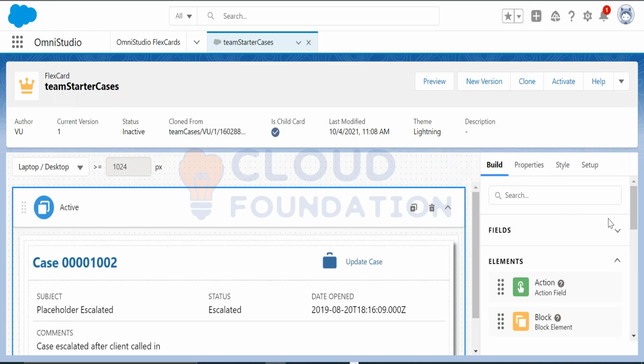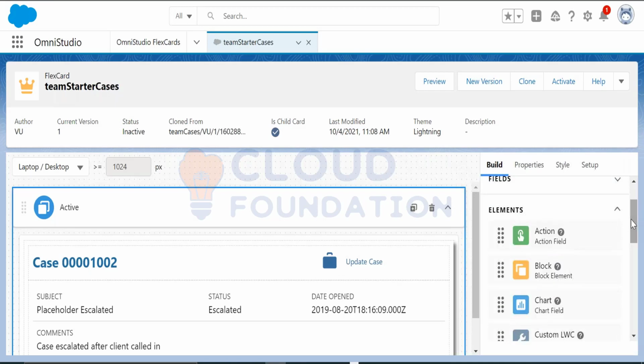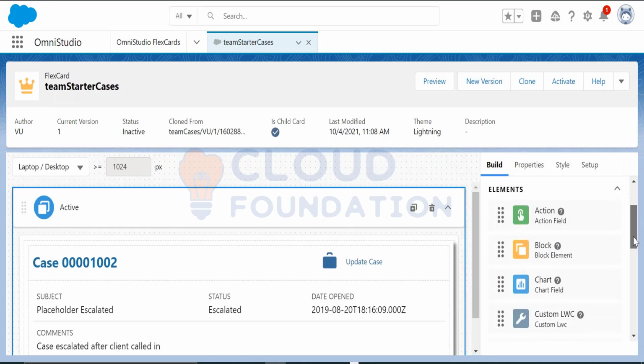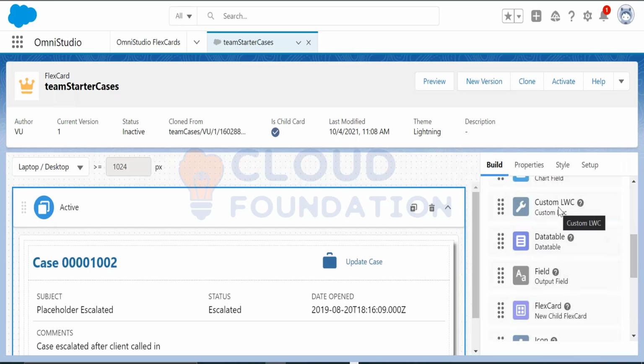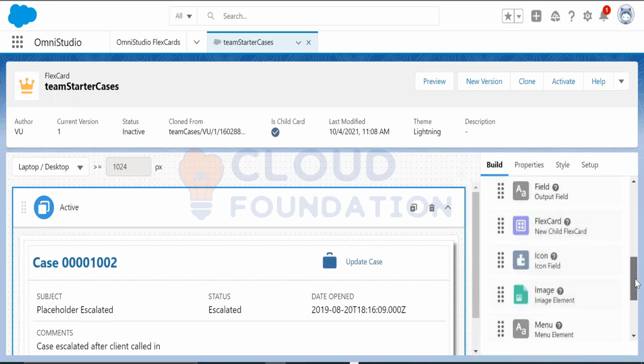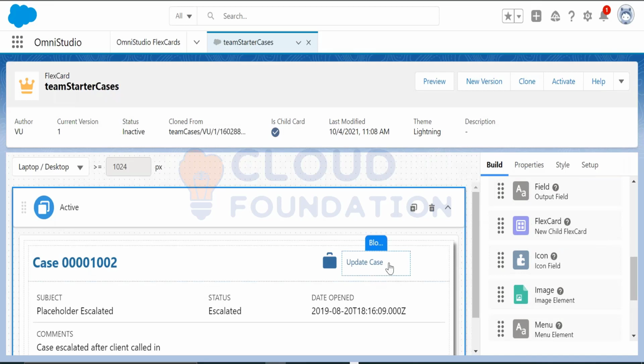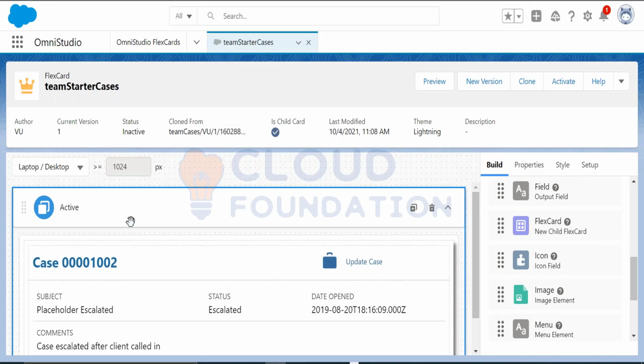these 4 tabs: build, properties, style, and setup. Under build, we have so many elements: action element, block element, chart element. If you already have any custom Lightning web component that you implemented and want to embed it, you can do that as well. Data table, if you want to display data in table format, or any field information. Okay. If you want to embed a flex card inside the flex card,